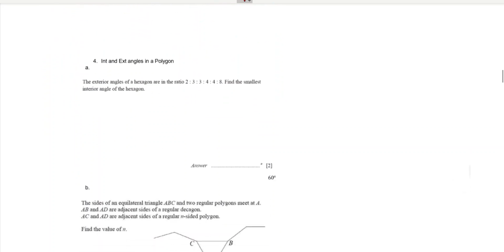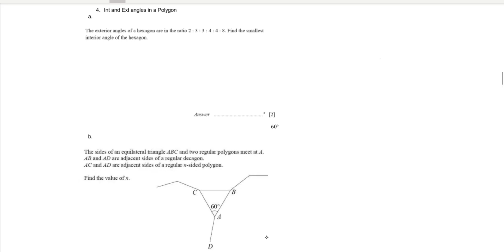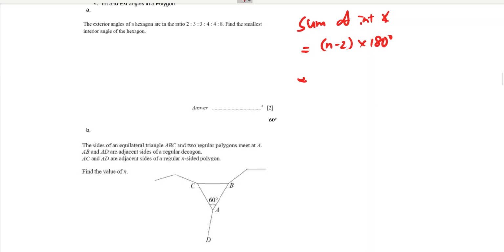Alright, the next topic that I feel will come out is interior and exterior angle in a polygon. Okay, so if you still do not know or still do not want to go and remember the sum of interior angle formula, okay, then this is the best time to do it. It is n minus 2 times 180 degrees. Okay, and then the sum of exterior is always equals to 360